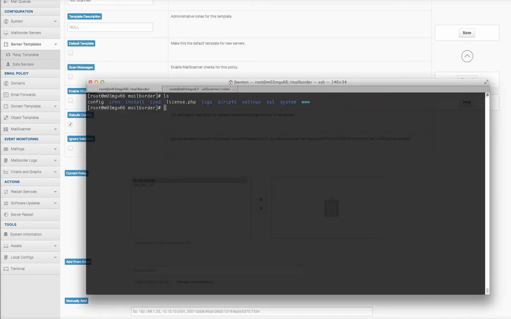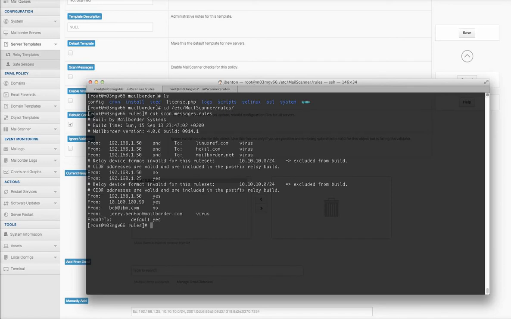You can see on a server that is running here, this 10.10.10.0/24 has been skipped, and it explains that it's not been included in this file